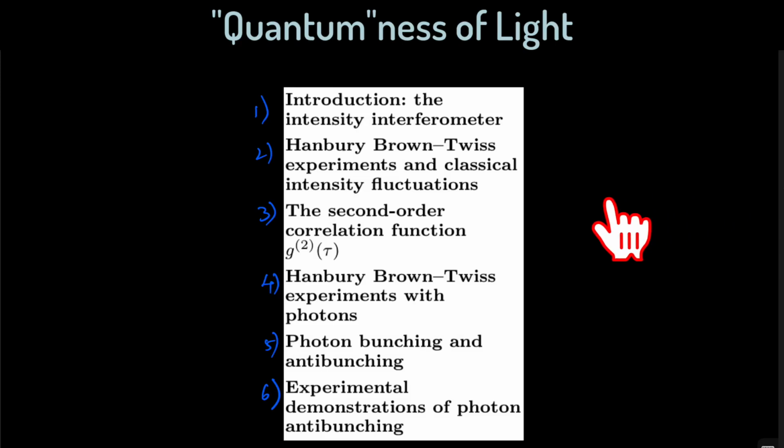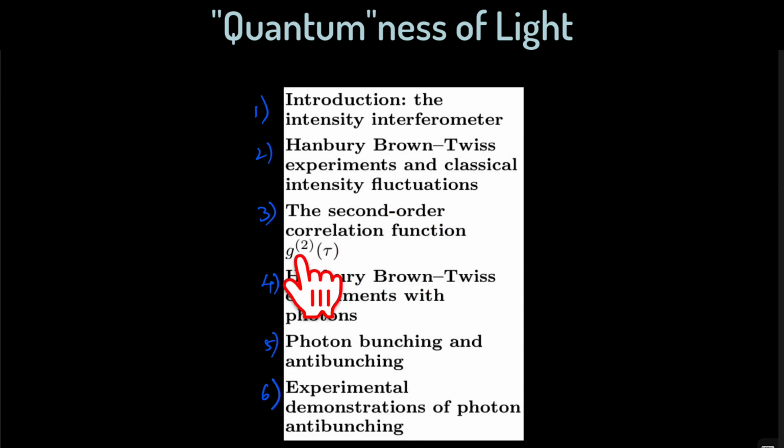In the previous lecture, we discussed the intensity interferometer. In this lecture, we will take this concept of intensity interferometer and introduce you to something called Hanbury-Brown-Twiss experiments in the context of classical intensity fluctuations. The important and central point of the discussion here is to introduce you to the second order correlation function,